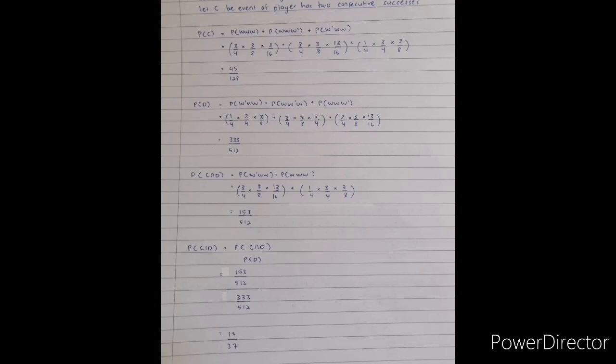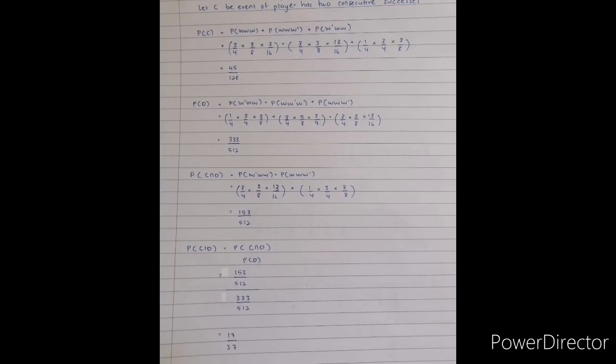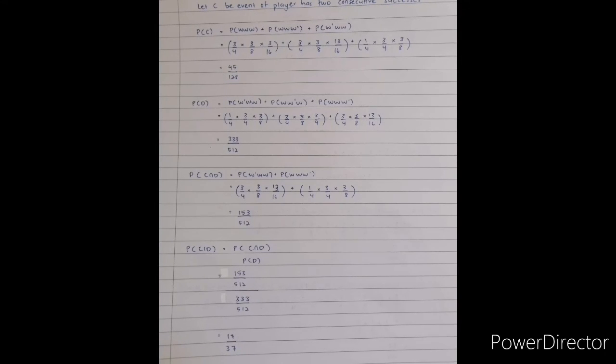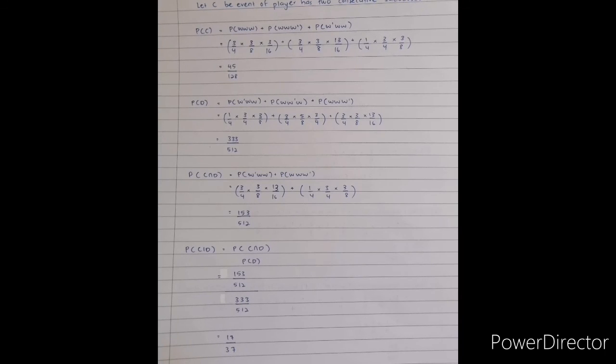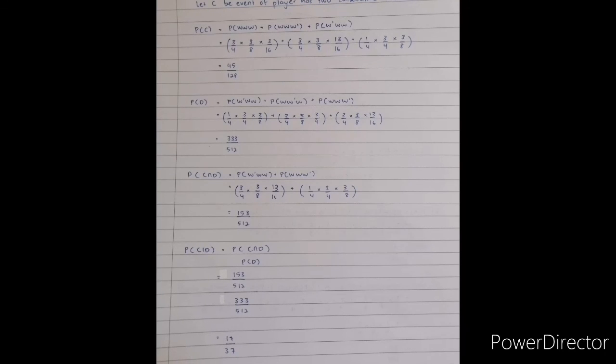Second step, we must find the probability for D, and we got the answer 333 over 512. Third step, we must find the probability for C intersect D, and we got the answer